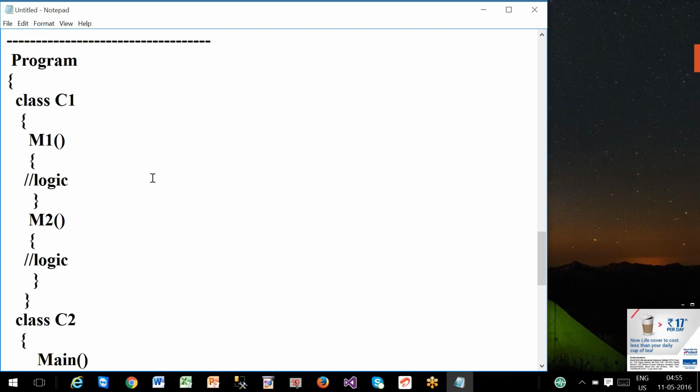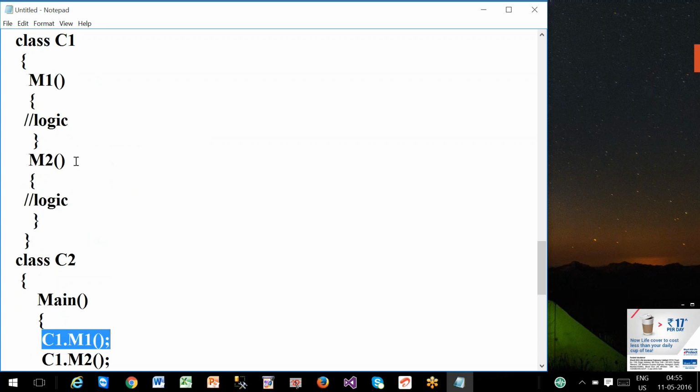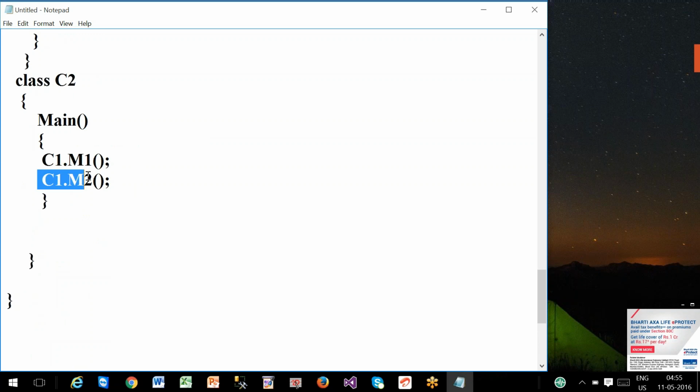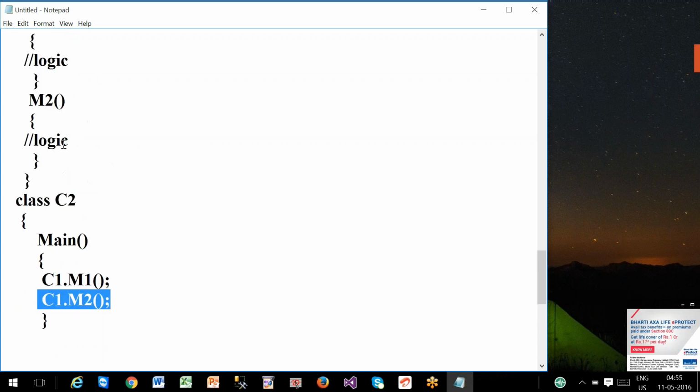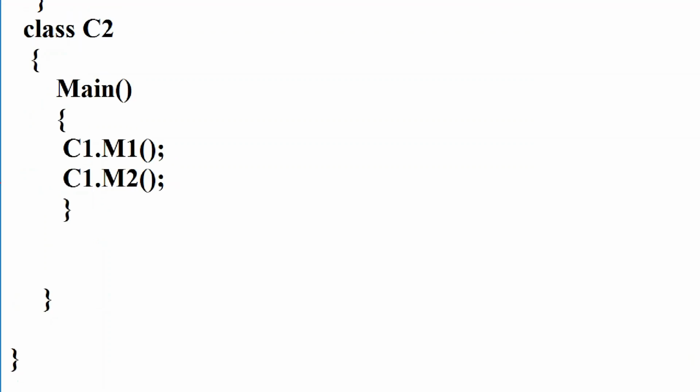Now when you run this program, your execution engine will start the program execution from main. Second, it will call C1.M1. Your control will go to the C1 class, execute M1, and come back. Then C1.M2. Again, it will go to the C1 class, execute M2, and come back. Once it encounters the closing brace of the main method, it will understand that program execution is completed. So that is the story about